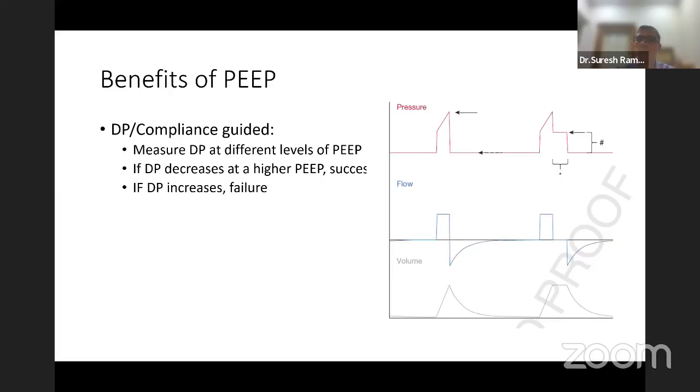If you have a continuous pause given on a ventilator, you can just follow it up and see as you incrementally increase PEEP by 10 and then follow it down by 2, you see the best driving compliance, and you can use that in a particular subset of patients where there is no harm being done with PEEP. And that's probably what is to be done. As I said, respiratory mechanics guided may not be useful. Empiric high PEEP versus low PEEP may not be useful. Maybe compliance guided may be the useful thing.